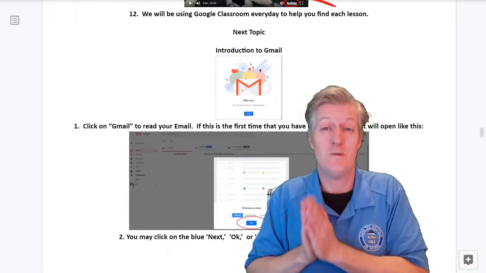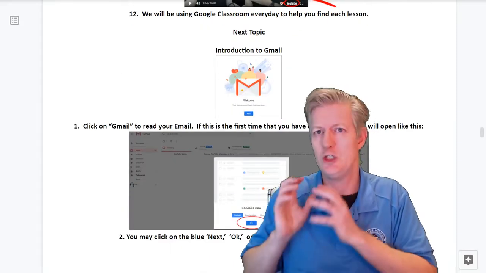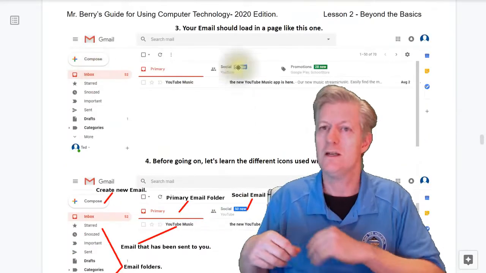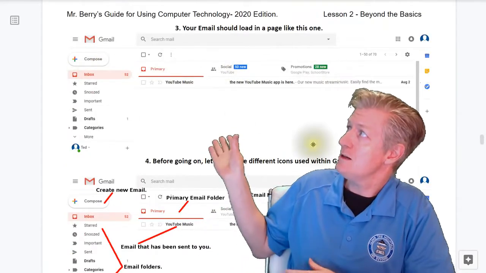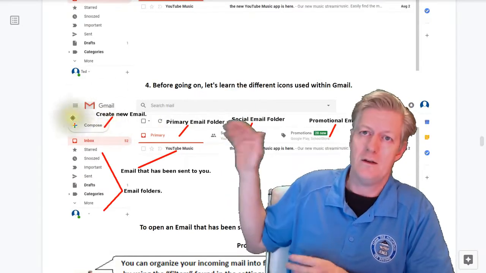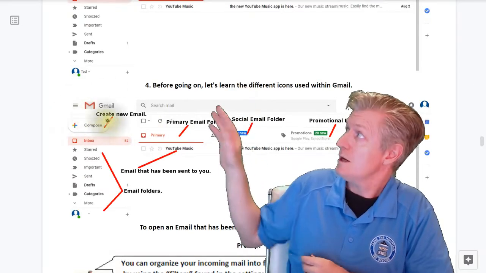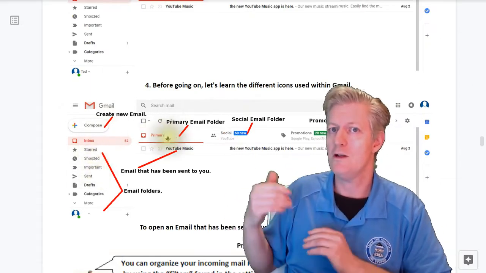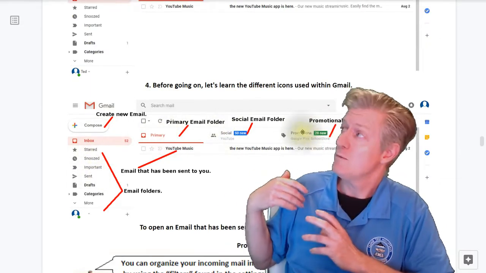And one of the big things that we cover in lesson number 2 is Gmail. We go over the interface, we show you how to use it, and as you can see here in this interface, you have Gmail at the very top, and then below that you have your inbox. Now your inbox is divided into 3 main areas: your primary, social, and promotions.